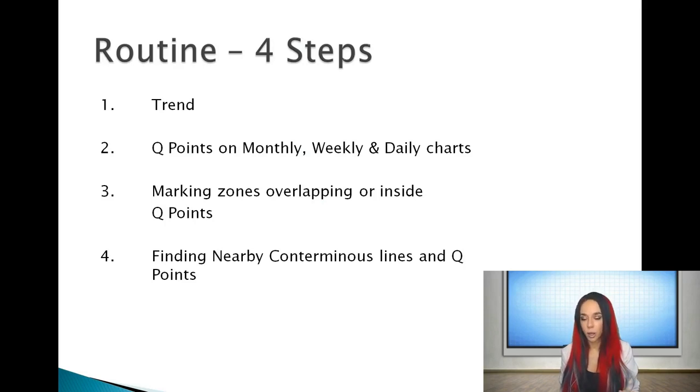Then we'll be looking at Q points and you'll be marking them on your monthly, weekly and daily charts. After that, you will make note of supply demand areas that are either overlapping or already inside the Q points, either or. If you're just starting out with supply and demand, I would advise that you still use the scoring table. But if you've already got to a point where you are looking at clean arrivals and you're noticing opposing zones coming up on autopilot, and you've developed your skills enough, then I'll show you in this lesson